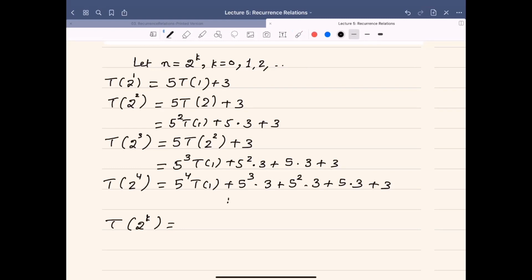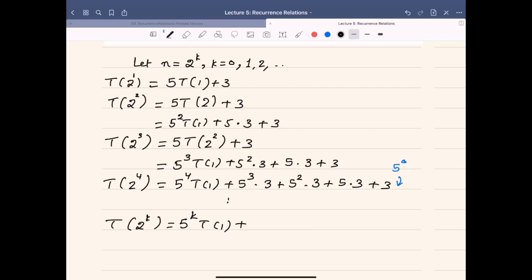So for 2 to the power 4, we have 5 to the power 4, but here we have 5 to the power 3 in each term. So here we can include also 5 raised to power 0 to complete the set of 5 raised to power something. And then we guess that here we will have 5 raised to power k T1 plus